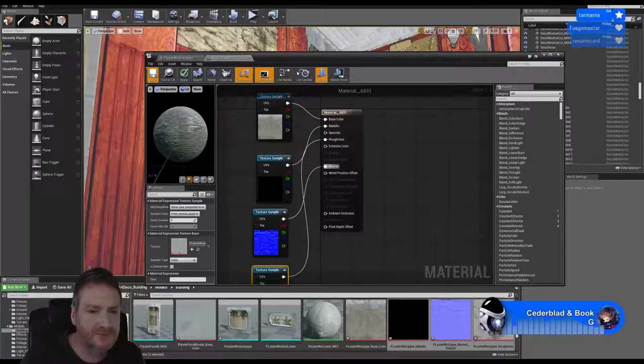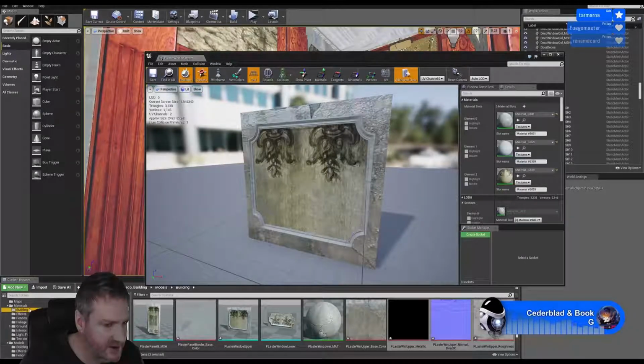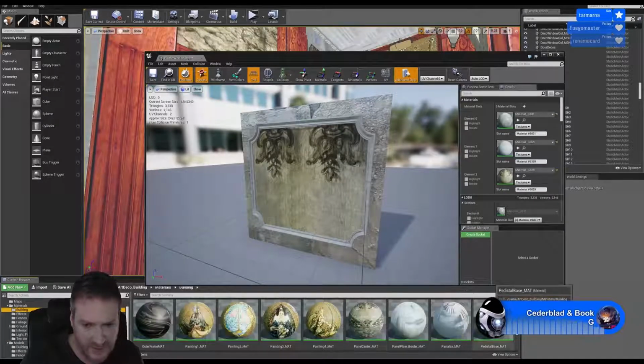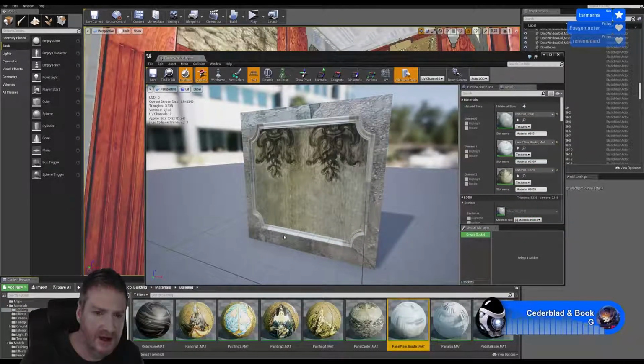And save that. Right, now we just need to swap out the correct material for the border. Again, I'm going to leave this for the moment, but I may have to come back in to retexture this